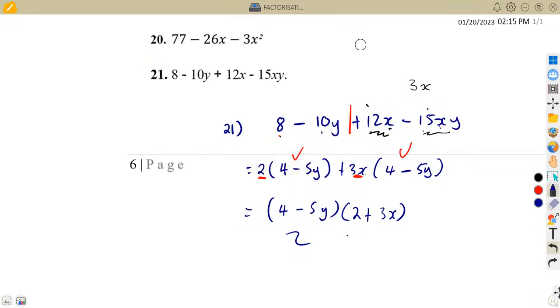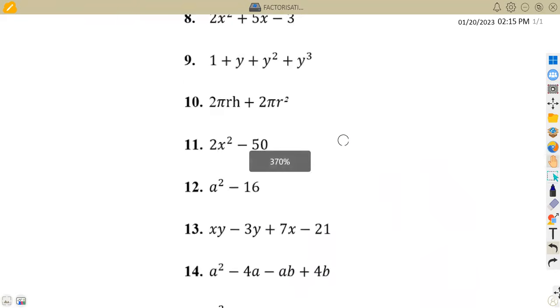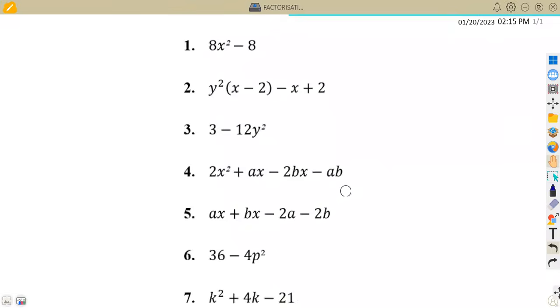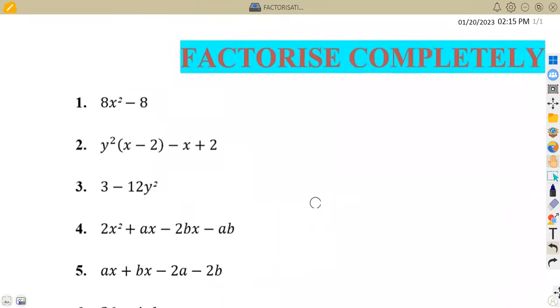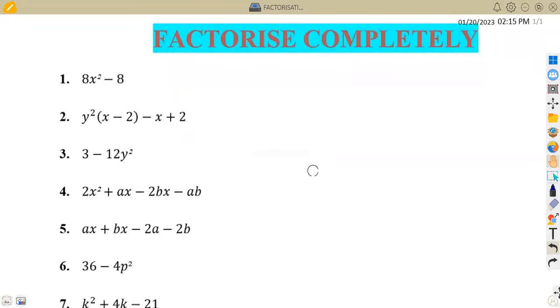So that's what we actually had, guys, from the revision of factorization: working with quadratic expressions, working with difference of 2 squares, working with 4 terms, that is working with linear expressions and also quadratic at the same time. You can revise, guys, as many questions as you can from your past exam papers. Then if you've got a challenge, let us know in the comment section, guys, so that we can work on those questions